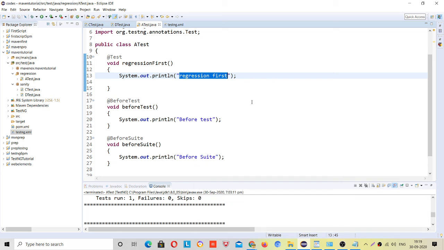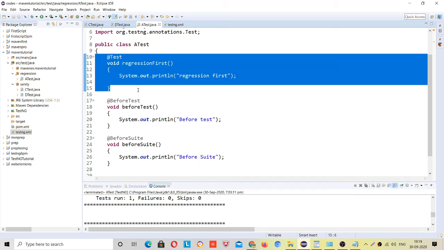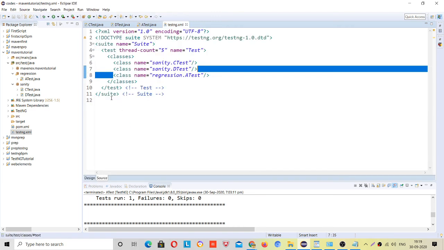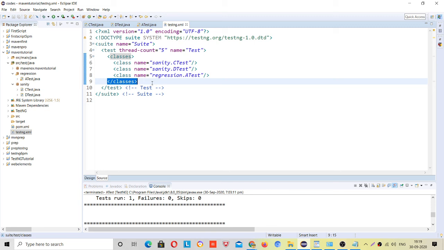Is there any other method present? Any before method is not here, otherwise that would be running before this, right? No, and any after method, so it will be going back to its line. Then the classes are over, and just because there is no after class, there will be no running of the after class, right?